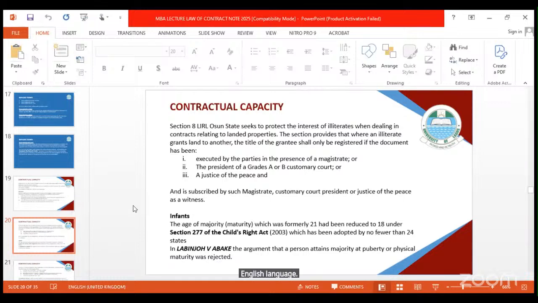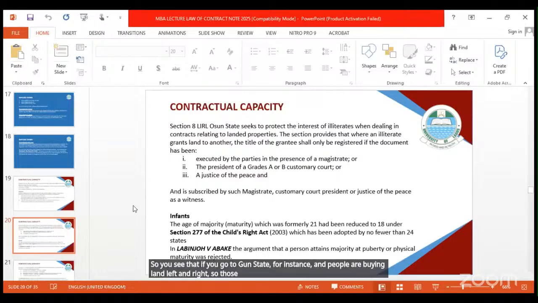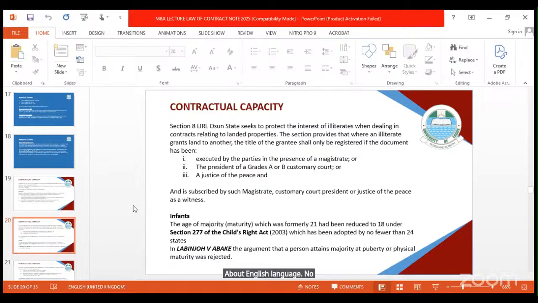That's the language of law in Nigeria. So you see that if you go to Ogun State, for instance, people are buying land left and right. Those villagers might not know anything about the English language. Now, if you buy any land from an illiterate in the villages, it's not binding on the illiterate. That means that they can deny you, unless the agreement that you sign with them